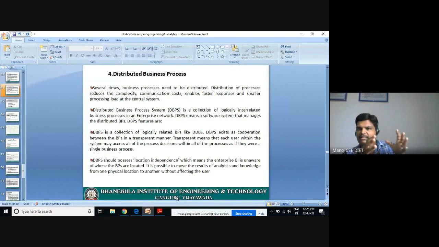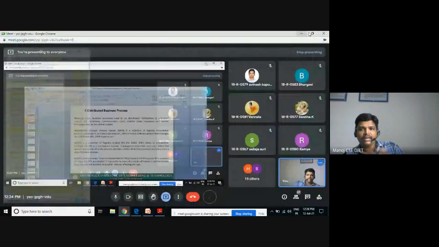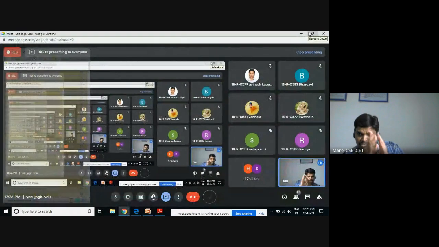Generally, if a bulk task or a large task is given to me, usually I will distribute that large task to your class members, to each and every individual student. I will divide that complex task and distribute the work. So distribution is required everywhere in industry, everywhere in business. Distribution of a particular process is required here in order to reduce the complexity of my task or to reduce the burden or load on my central system.